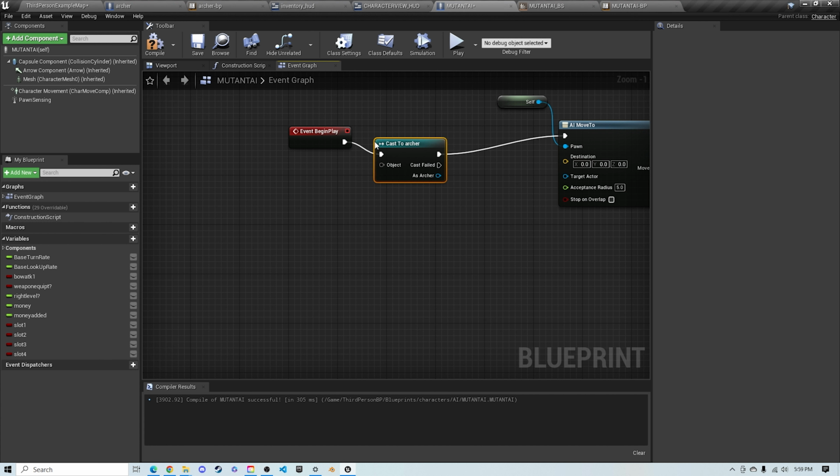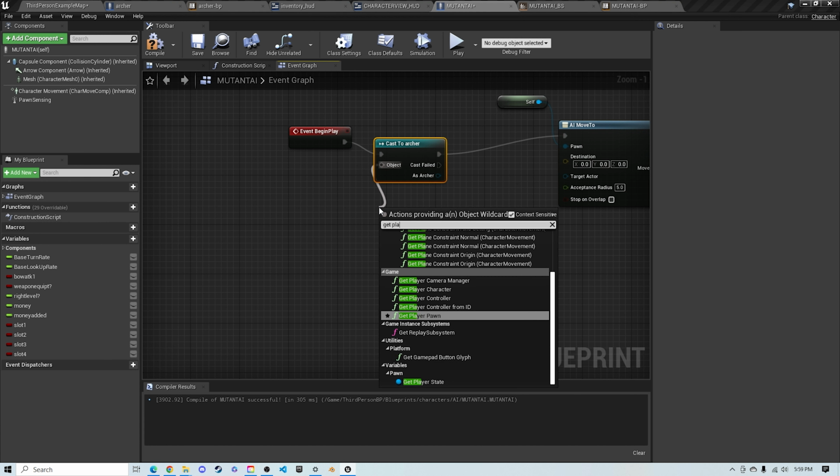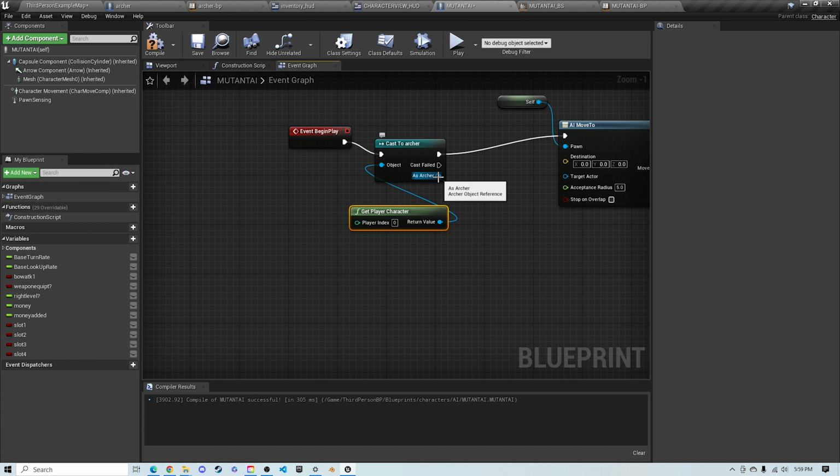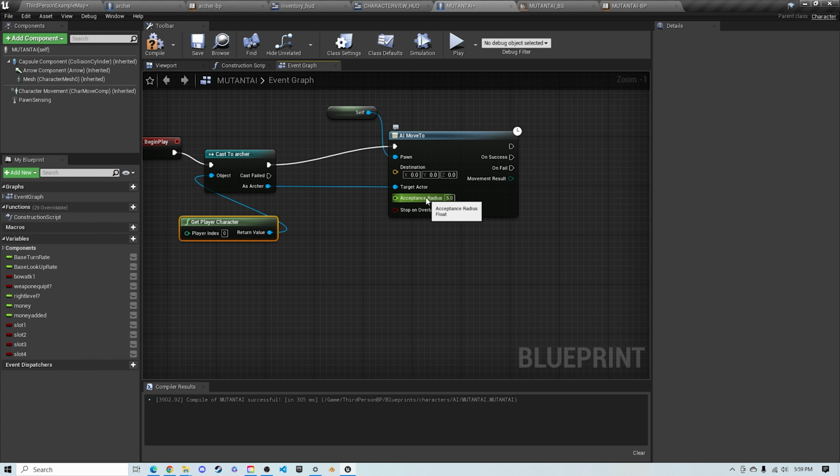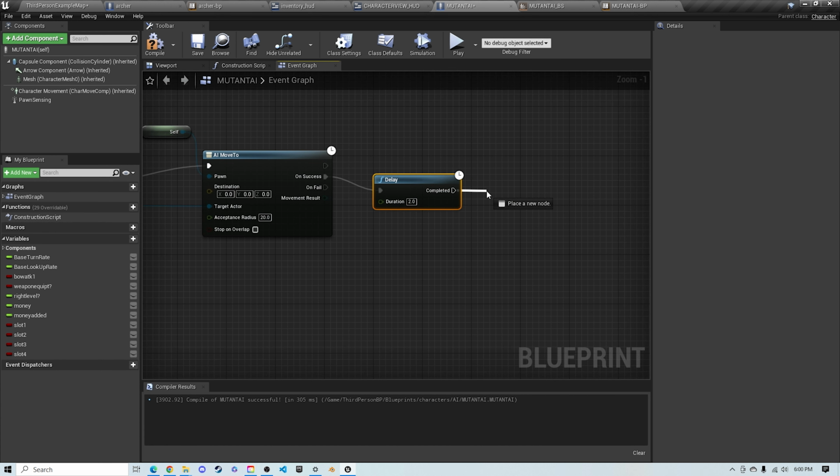And now we're going to cast to the archer strictly to get the target actor on AI move to. And now out of the variable, we can plug this into target actor. And acceptance radius is how close the AI is going to get to the character or the actor that it's moving to. Okay? So next we're going to put a delay, so when he moves to the character, he's going